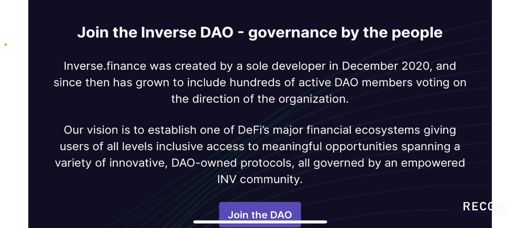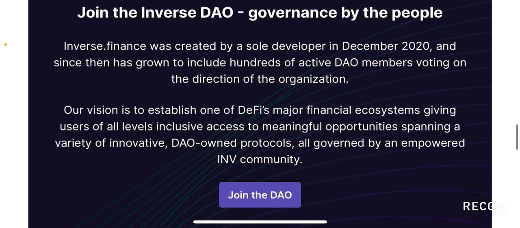So Inverse.finance was created by a sole developer in December 2020, and since then has grown to include hundreds of active DAO members voting on the direction of the organization. So there are a lot of DAO members who are voting to sustain the direction of Inverse Finance, but it was initially created by a single developer in December 2022. So it's quite fascinating how far this project has come. It's still a relatively new project compared to many other DeFi platforms,